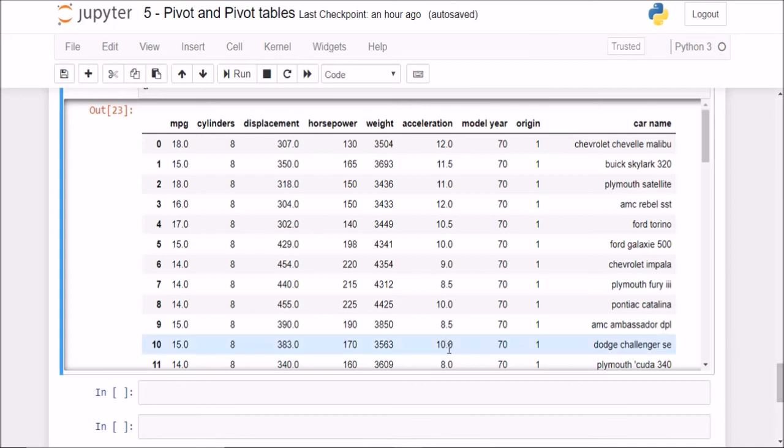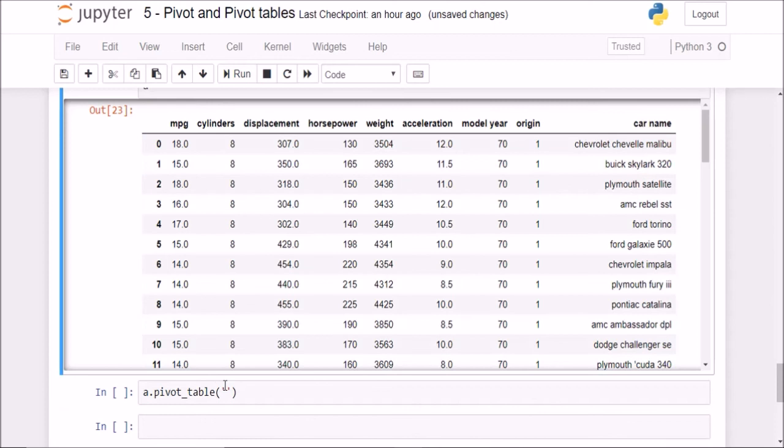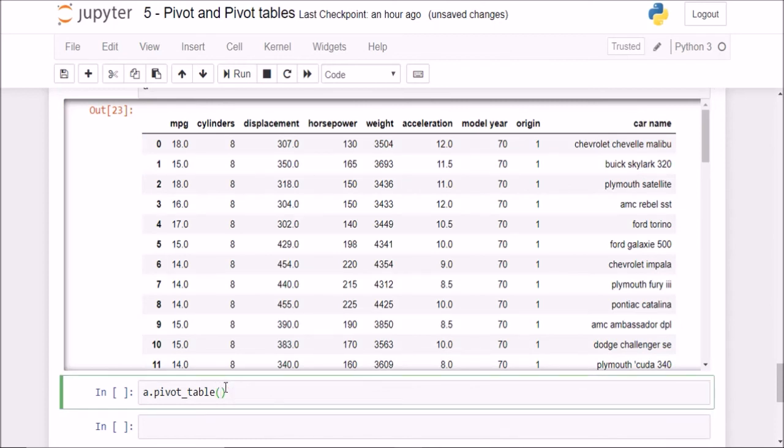For example, if we see only one example here, I'll say a dot pivot table, and for example if I want the origin as my axis, as my index, so my index is origin, and for my columns if I want, for example, the model year. Okay, model year I need to pass in as a string.